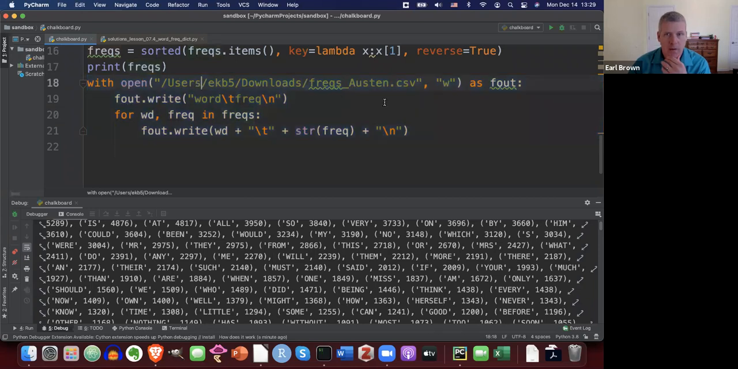And then after that point, we're going to open up an out file connection, right? And so we're just doing with open. Here's the pathway I want to create. So in my downloads directory, I want to create freaks_austin.csv. I need to write it out. So I need to specify W there as fout, some variable name that's well formed. Then I want to write a header on the